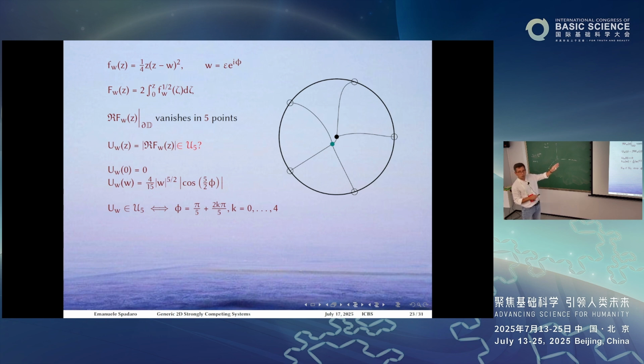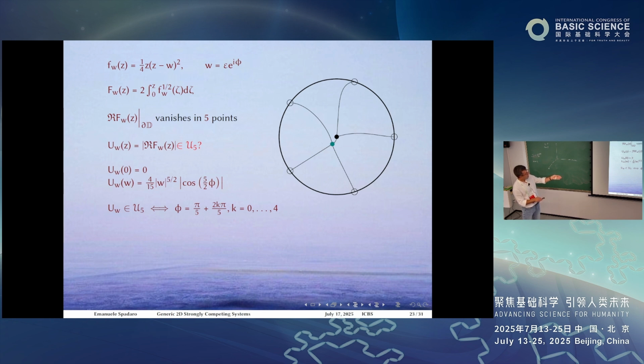Now, if you take a modification like this with a very small w, because you would like to be in a neighborhood of this function, and you try to integrate the square root of this f_w, integrating the square root means that we have to make a cut to this domain, and then we realize that across this cut the extension is continuous. You find that this primitive belongs to U5, so exactly as a configuration like this, if and only if,